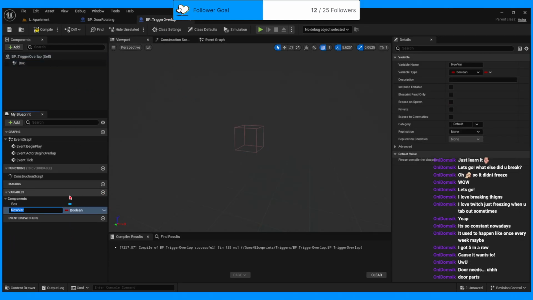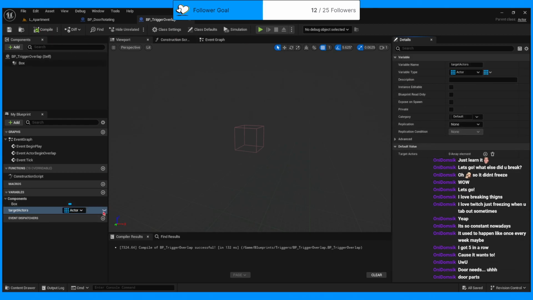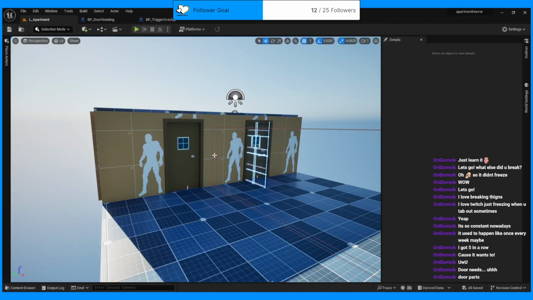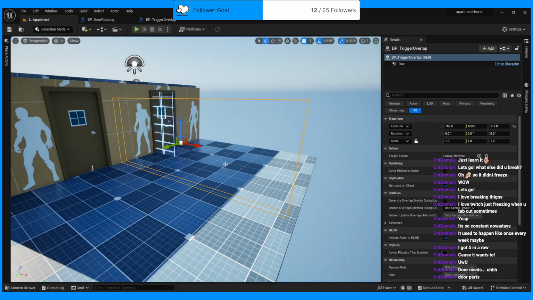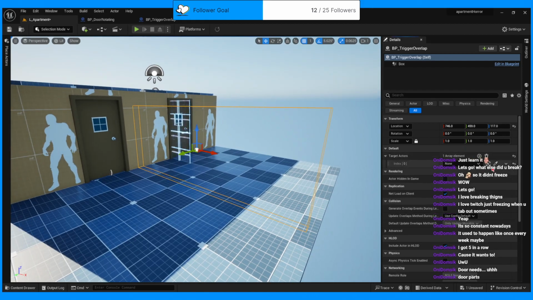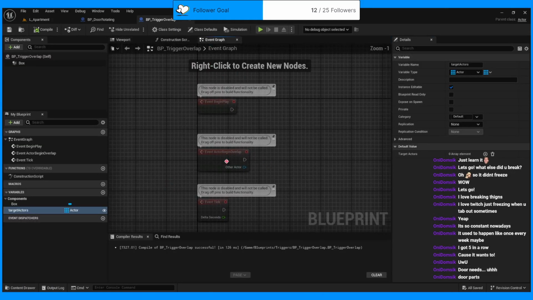let's go ahead and add target actors. This is going to be just an actor. And we're gonna save this in an array, and we're gonna make that visible. So if we select our trigger here, we have our target actors. I'll pick our door rotating. Okay, so